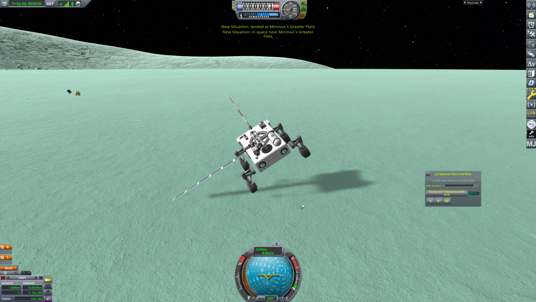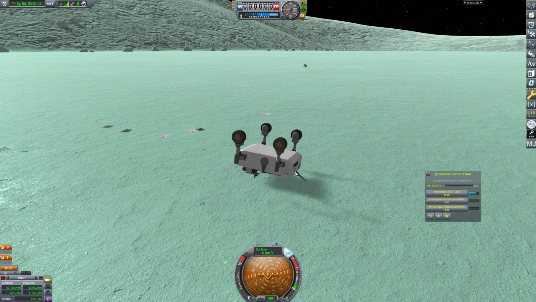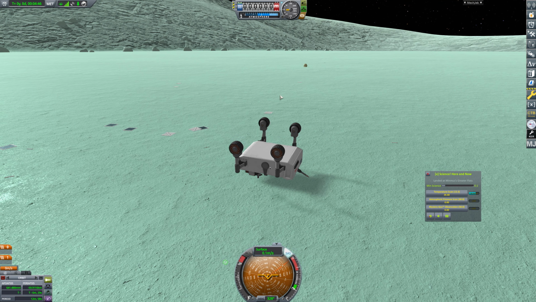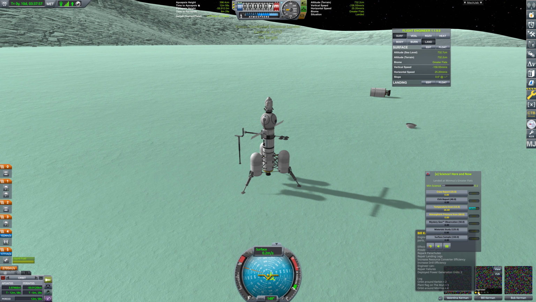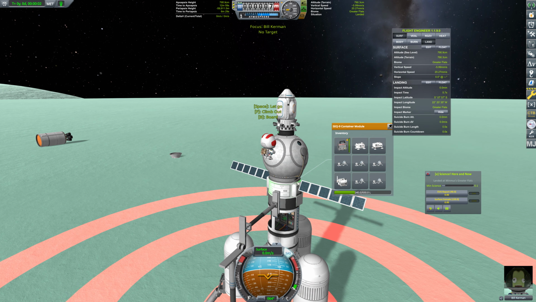I wanted to come over here and scan this guy. That's something that we're going to have to do next episode. I just got a little bit impatient. And actually, I wasn't turning over here. I was just decelerating to try to turn at a lower speed. But Minmus has really, really, really low gravity. So this isn't shocking. So we'll have Bill EVA here, and Bill is going to grab...